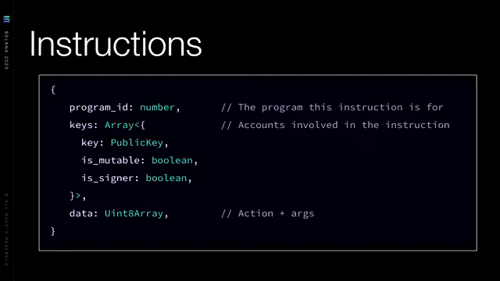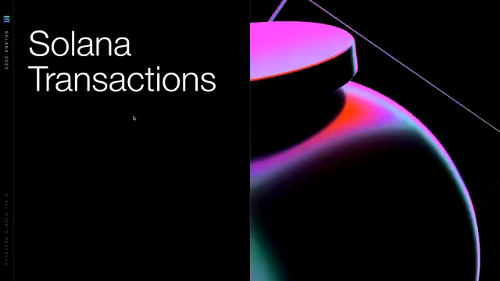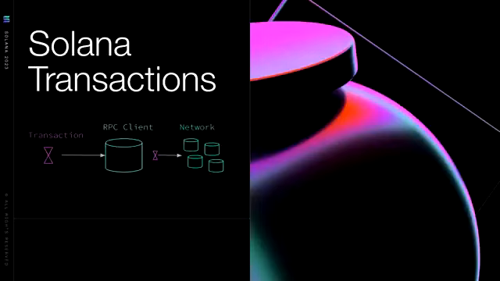that are actually being sent over the wire to the program that you're trying to interact with. That's that program ID. And then you take all of these instructions, and you can have multiple instructions, and you bundle those together inside of a transaction. And a transaction is the thing that you're actually sending to the RPCs or to the validators on the Solana network, which then get processed through that leader process and the Turbine block propagation